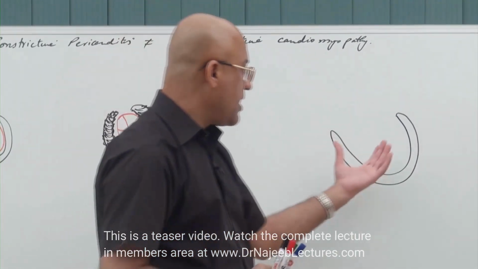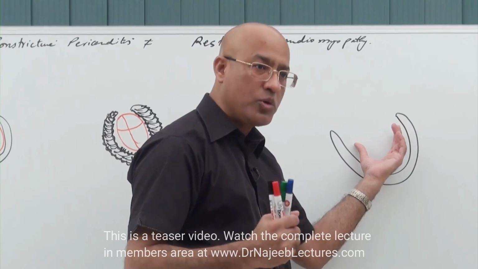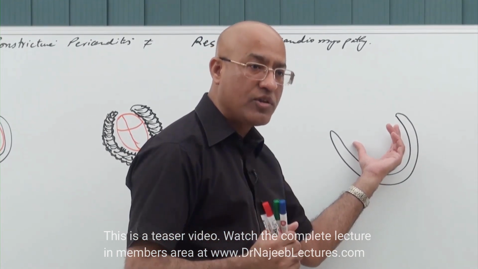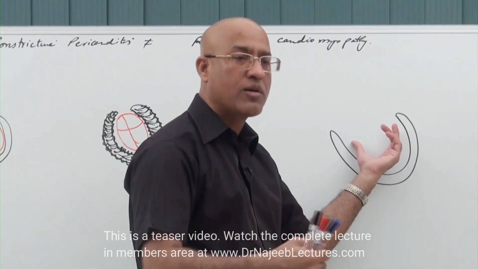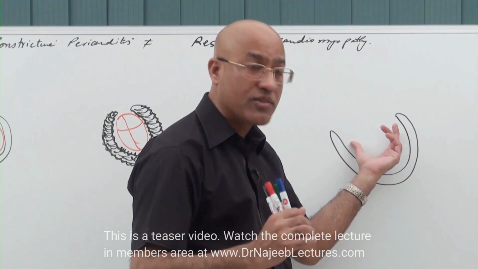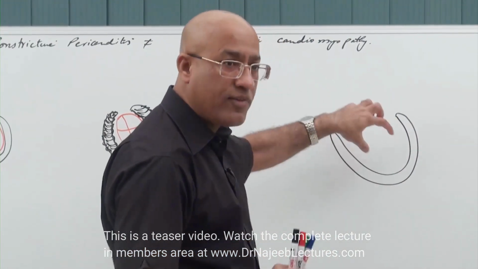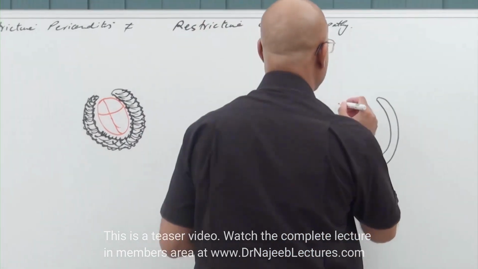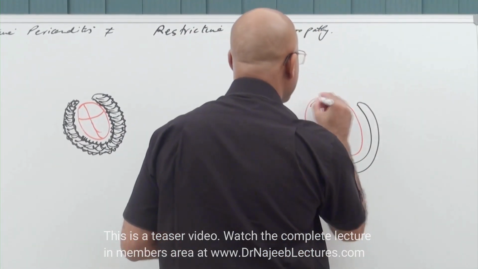So in some diseases, as I told you, in amyloidosis or hemochromatosis or sarcoidosis or fibroelastosis or Gaucher's disease or Fabry's disease, there are so many conditions, right? When there is abnormal infiltration or accumulation or abnormal reaction in the myocardium, what really goes wrong is